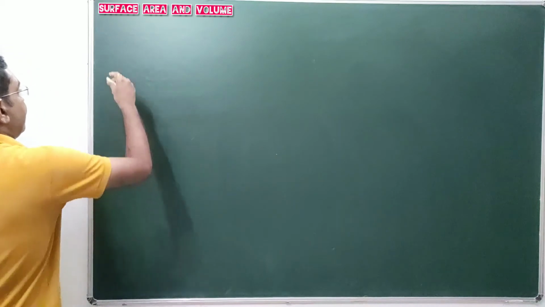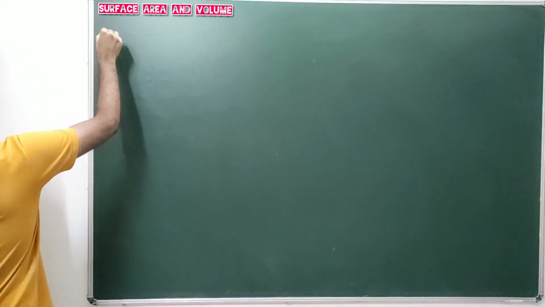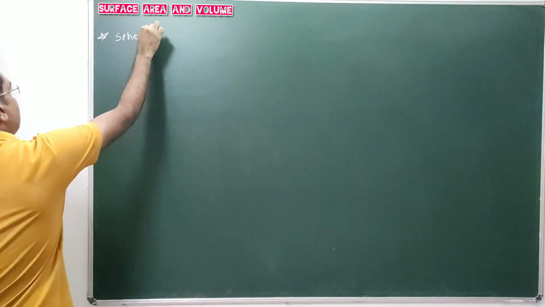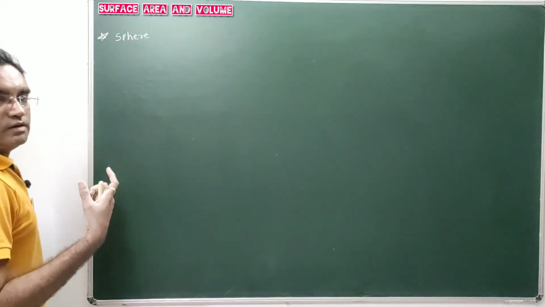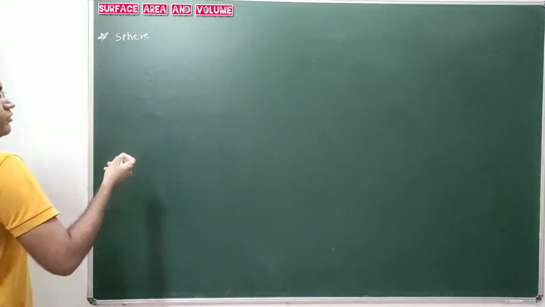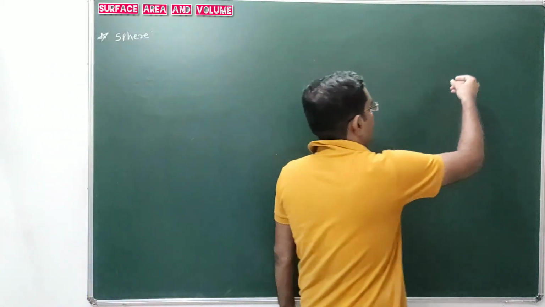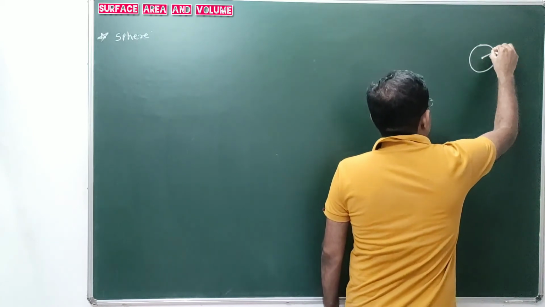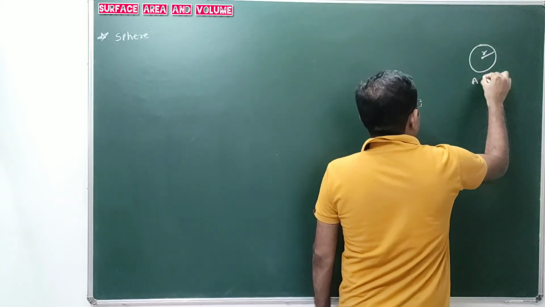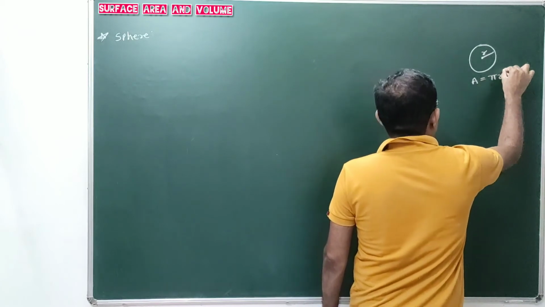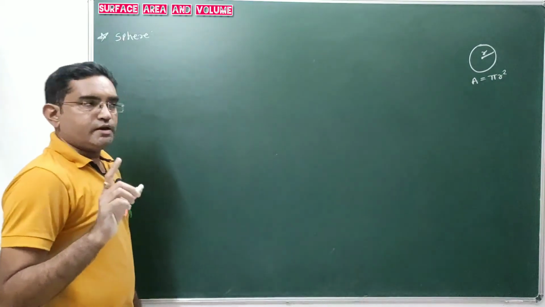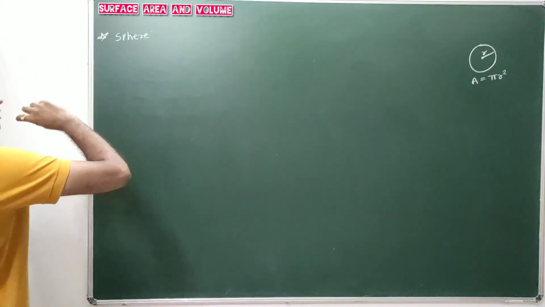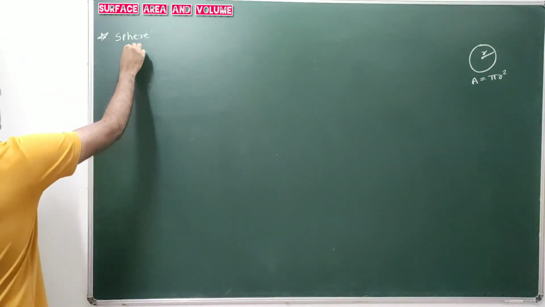Okay, students. Next solid is sphere. Sphere is a three-dimensional object obtained from the circle. So we know the circle and all the formulas based on circle. Circle with radius r, area of the circle with radius r is nothing but pi r square, and the three-dimensional object which is obtained from the circle is nothing but the sphere.